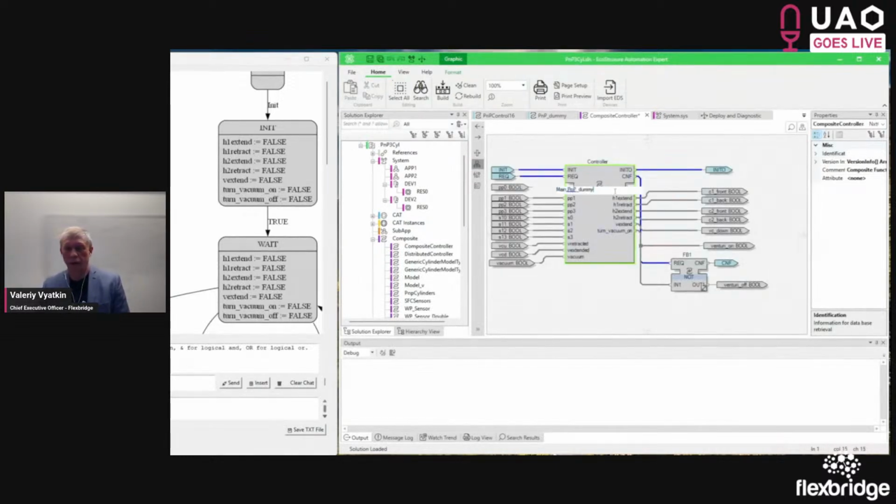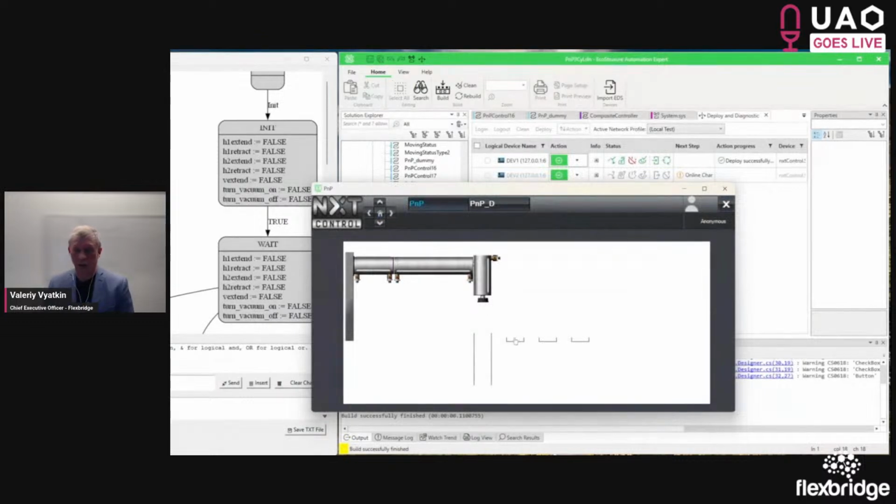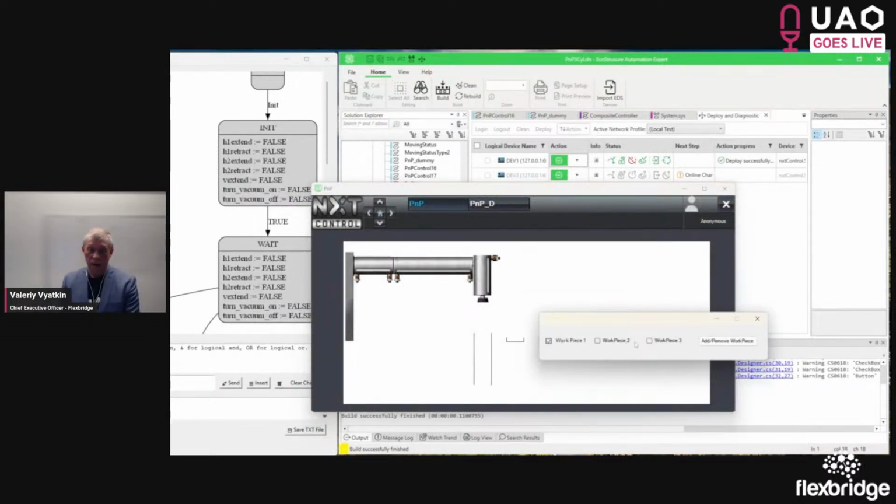So we put the name of this newly generated block here. So we take Control 16, and now we will go and deploy and start. So after we deployed, we press the start button, put the workpiece and see the behavior.